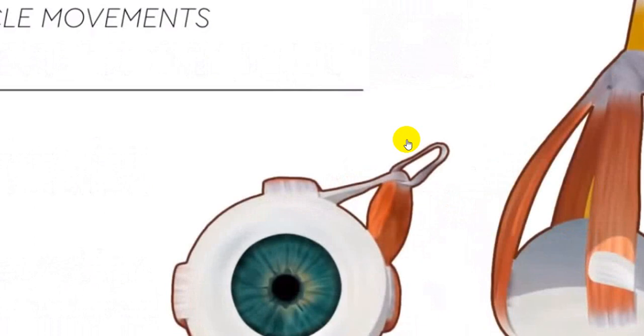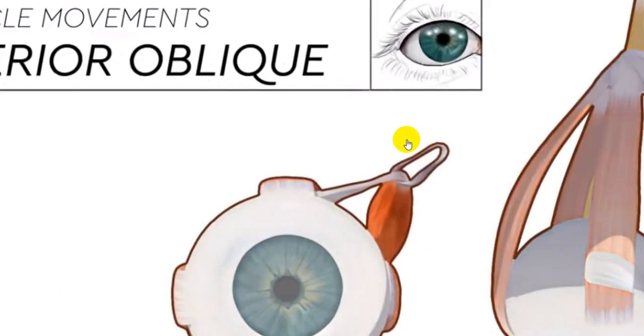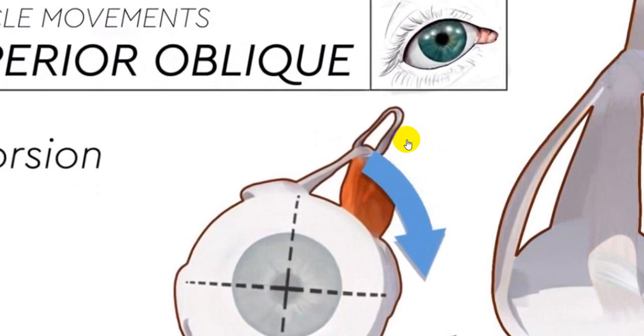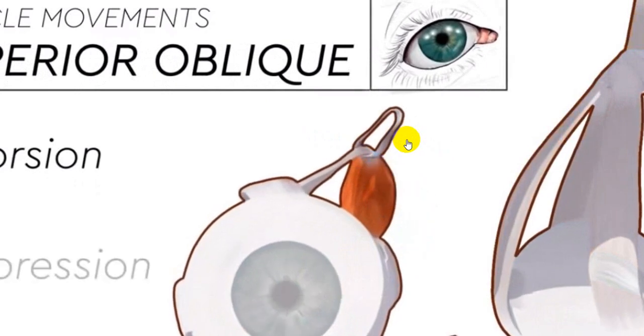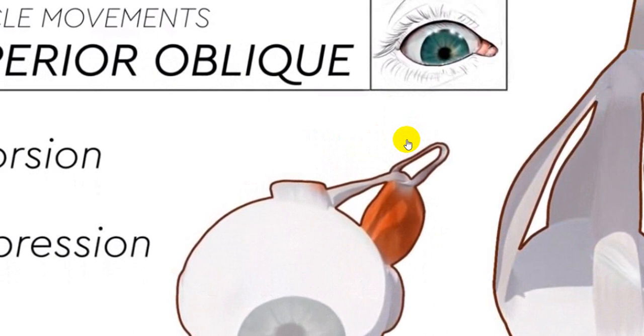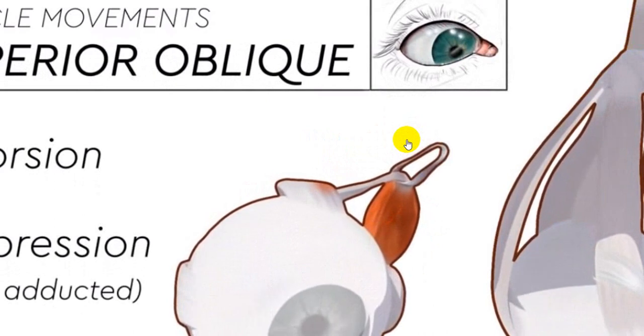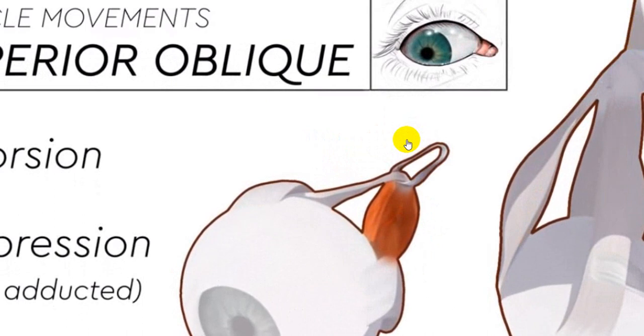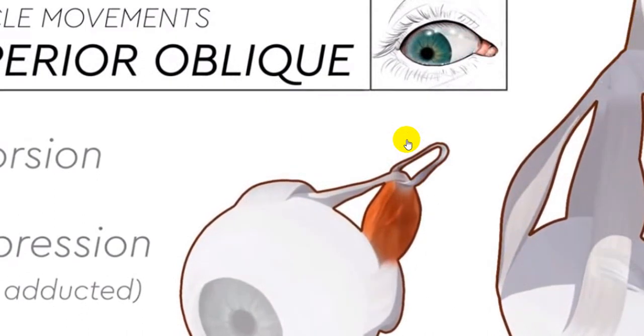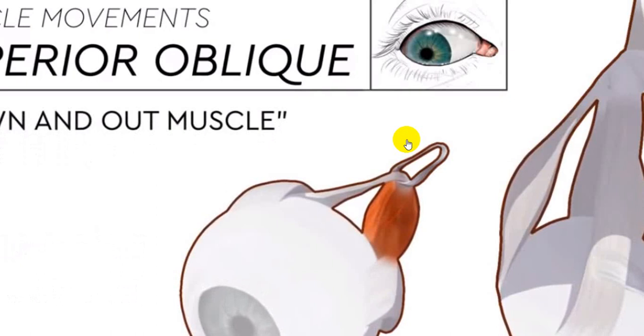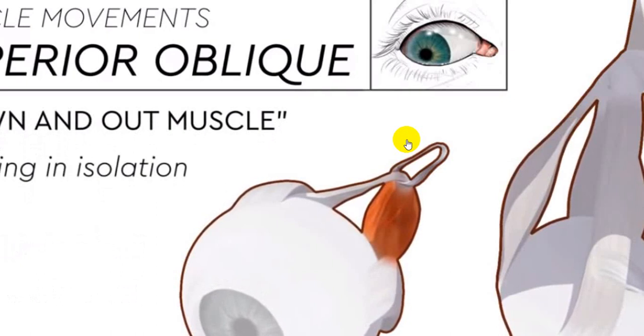Finally, let's consider the most misunderstood of the extraocular muscles. The primary result of contraction of superior oblique is intorsion of the eye. Superior oblique also assists with depression of the eye and is the only effective depressor of the fully adducted eye. Superior oblique also contributes to abduction of the eye. Superior oblique is often referred to as the down and out muscle because, if acting in isolation, that is, with all or most of the other muscles inactive, such as occurs with third nerve palsy, or a quote, blown third nerve,